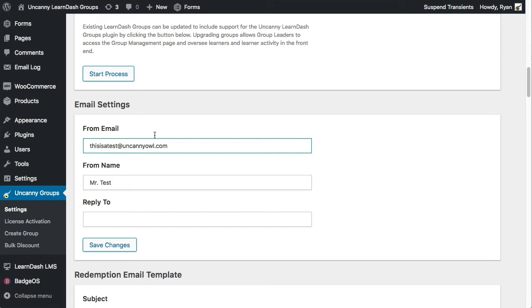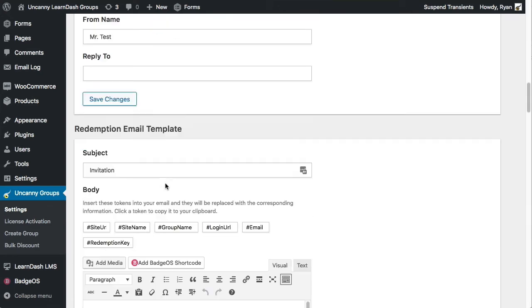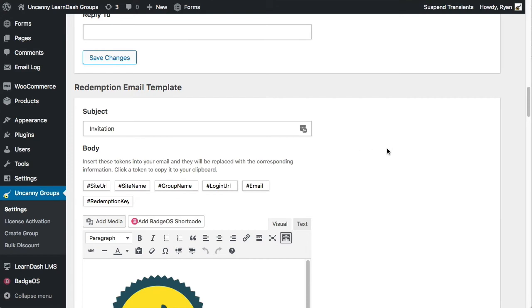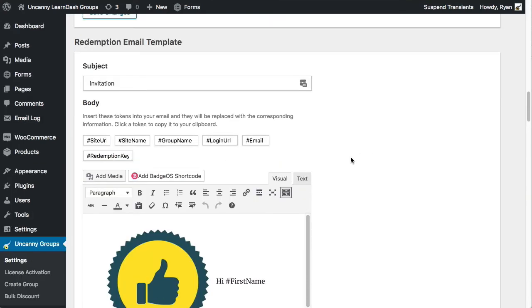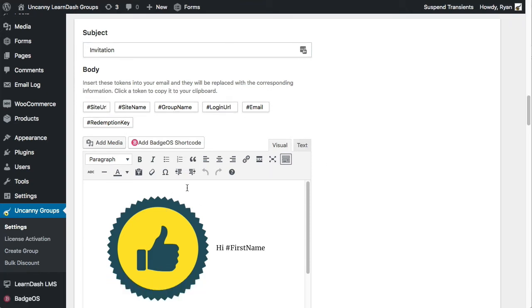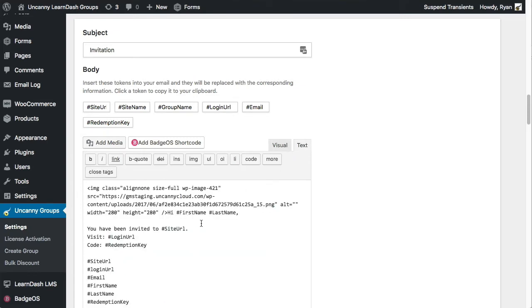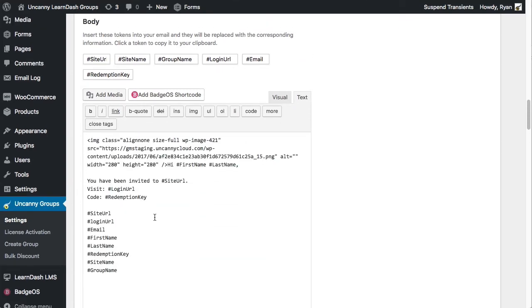So first you can control who the emails are from. So that's set there. And then we have a number of different types of emails. So the first option here, if someone is sent a redemption code so that they can register themselves, this is the email that goes out. You can see there are some variables here. You can set the subject to anything you want. You've got a WordPress editor here where you can put in whatever you want that will be emailed out to